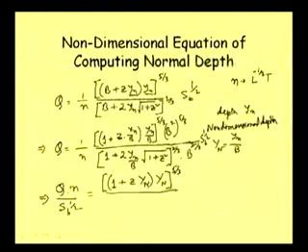Then here also I can write it like, 1 plus 2 into capital Y_n, non-dimensional depth, then 1 plus z square. This z is again the side slope of the trapezoidal channel, to the power 2 by 3. And then here we had b square to the power 5 by 3, basically b to the power 10 by 3. Here we have b to the power 2 by 3. So if we just write it combining, then it will be b to the power 8 by 3. Well,